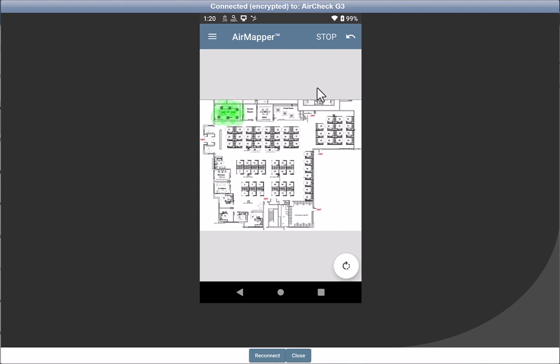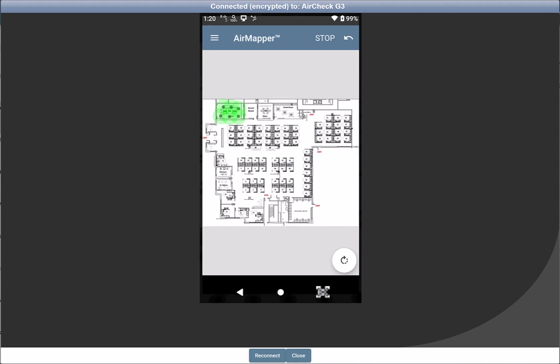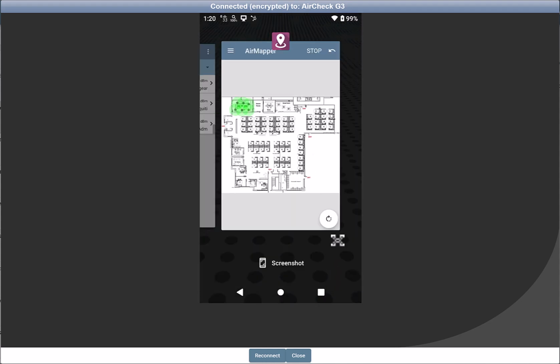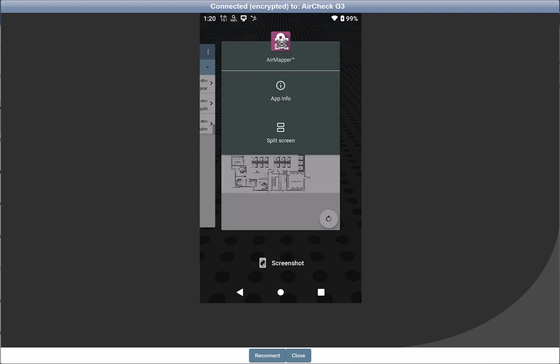And the way it works is pretty straightforward. First, tap on the square icon on the lower right of the screen. Then select the app or find the app that you want on the top of the screen and tap and hold on its icon. If you do that, you'll be given two options, App Info and Split Screen. Select Split Screen,